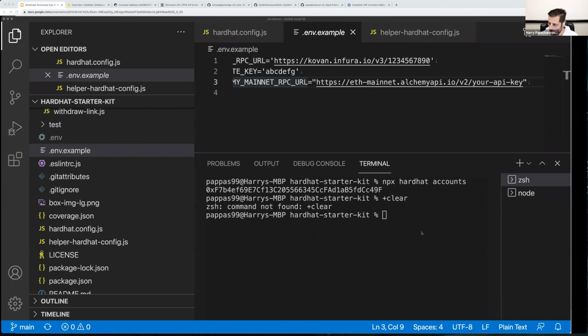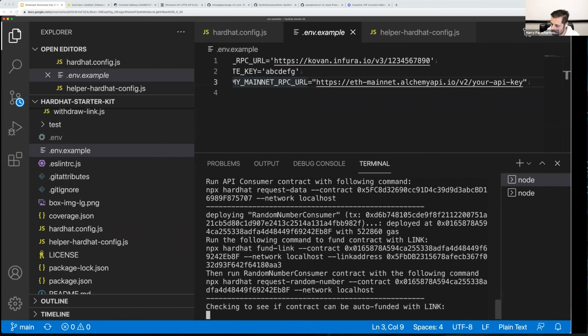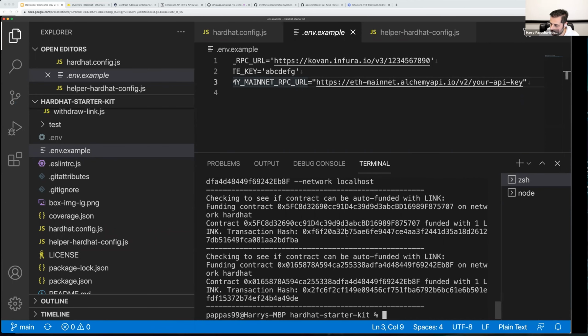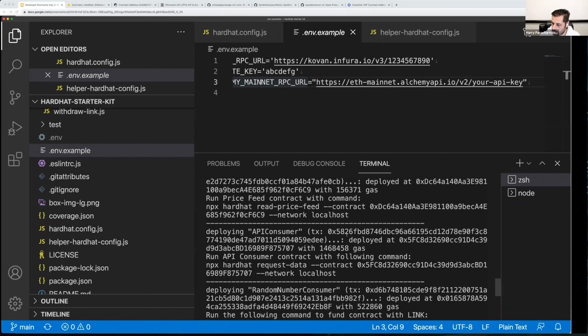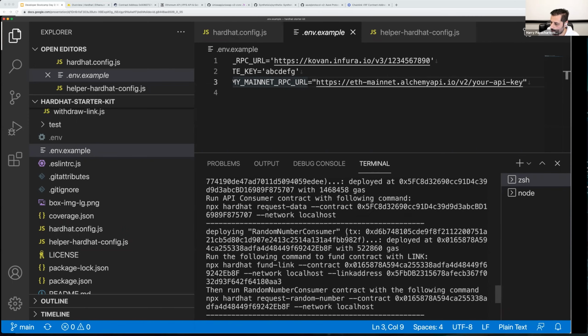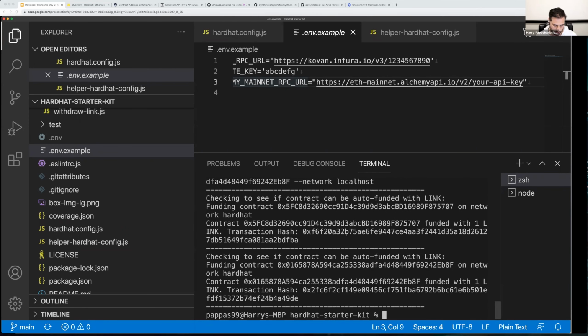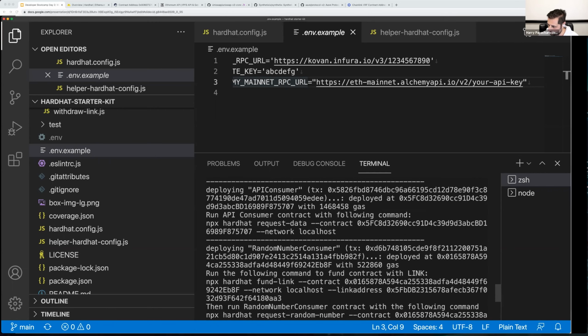So I'm going to now run the deploy, npx hardhat deploy, and hopefully we get a bunch of output. So you see how quick that was compared to doing it on Kovan. Everything's running on our local Hardhat network, which is a blank slate. So now that everything's deployed, I can actually go and call the